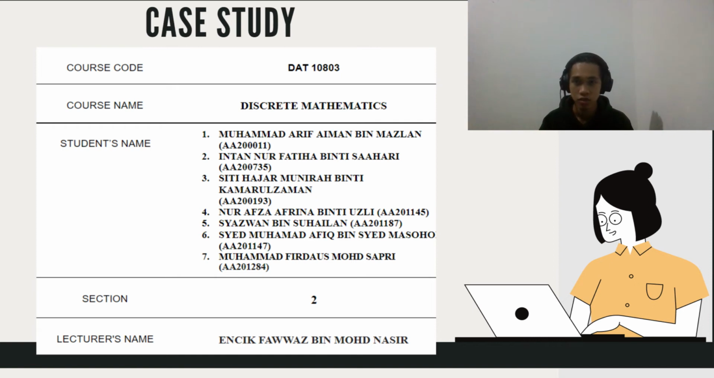So the leader of the group is myself, Muhammad Arif Aiman bin Mazlan, with matrix number AA200011, accompanied with my fellow members, Intan Nur Fatihah binti Sa'ari, AA200735, Siti Haja Munirah binti Kamaruzaman, AA200193, Nur Afza Afrina binti Usli,